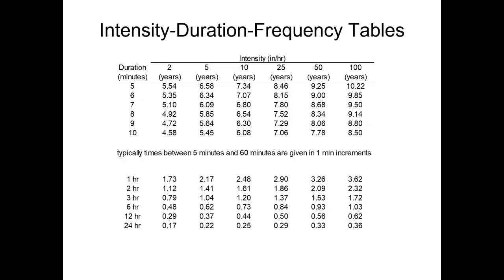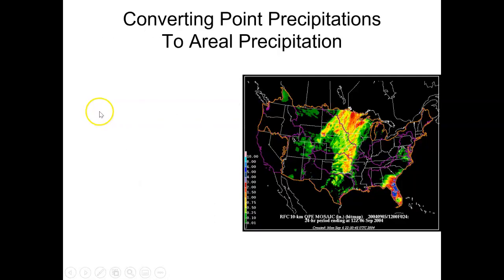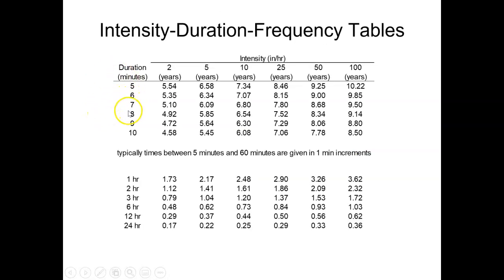We can also represent this data in tables. So you can see the same thing here. You can pick out the 10-year storm, which would be 6.08 inches per hour. And then typically 5 minutes through 60 minutes are given in 1-minute increments. And then after that, we go 2 hours. All right, so that's a little summary of the IDF curves. I'll do another video where we go through the